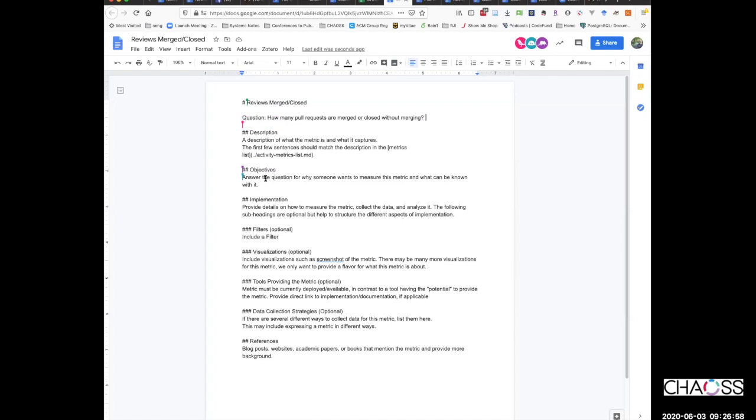So is this just a ratio, or is this a count of merged? I think it's how many pull requests are merged or closed without merging. And I think the filters are going to be... well, that's all of them. Oh, sorry, unless they stay open indefinitely. Right. But eventually, technically, it would be all of them. Okay, sorry, yeah.